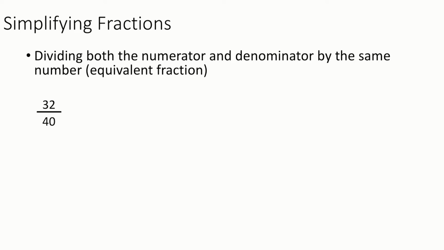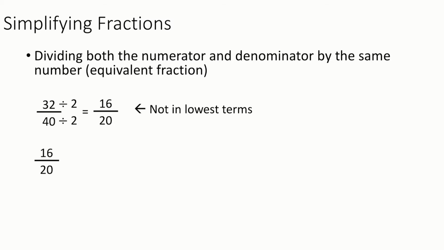I can easily see that 32 and 40 are both even, so I could start by dividing by 2, top and bottom. If I take 32 divided by 2, I get 16, and if I take 40 divided by 2, I get 20. So 16 over 20 is still not in its lowest terms. I can tell that because 16 and 20 are both still even, so that means I can take out another 2. You'll know you're in lowest terms, or in the reduced form, when there aren't any more common factors between the top and the bottom.